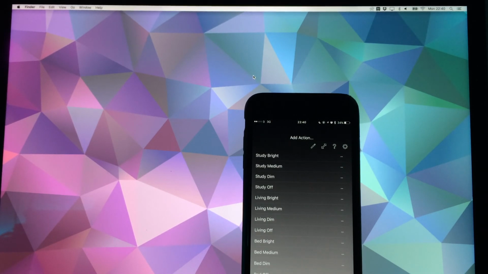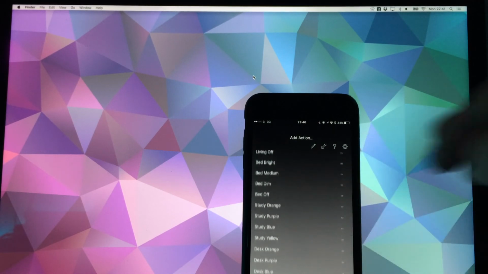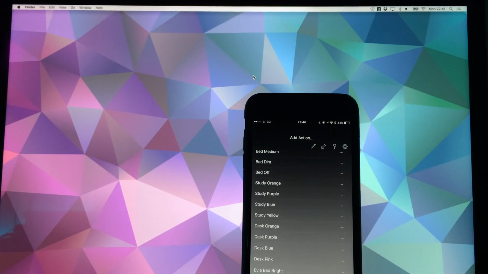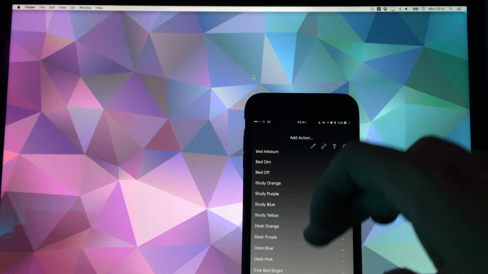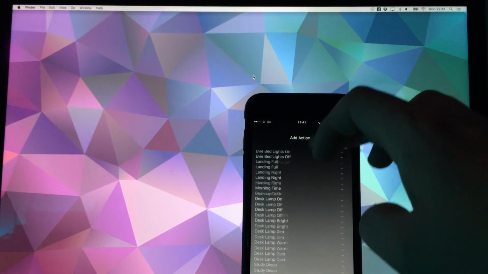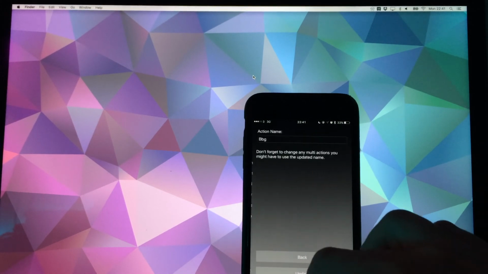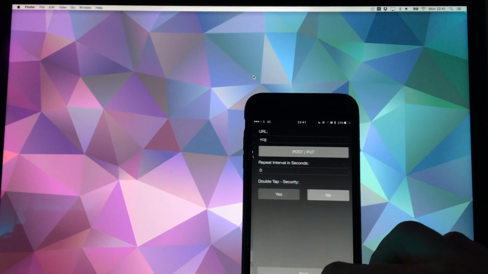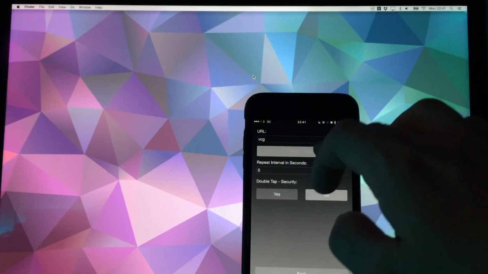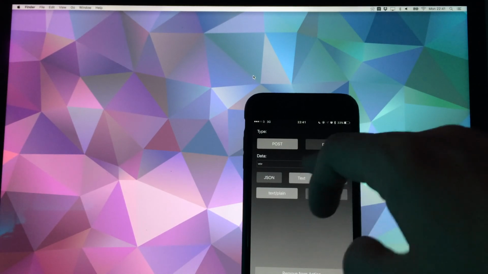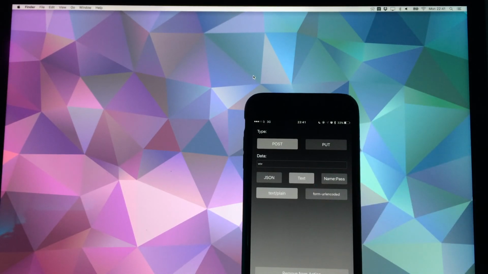Another improvement has been simple text in post actions. So if you're using URL commands, some people use them for Nest, some people are using them for Hive, some people are using them for other brands of thermostat, blinds, garage doors. What we can do is, I think this is a URL command. Yeah, so here we have, you can say whether it's just plain text now, so you have